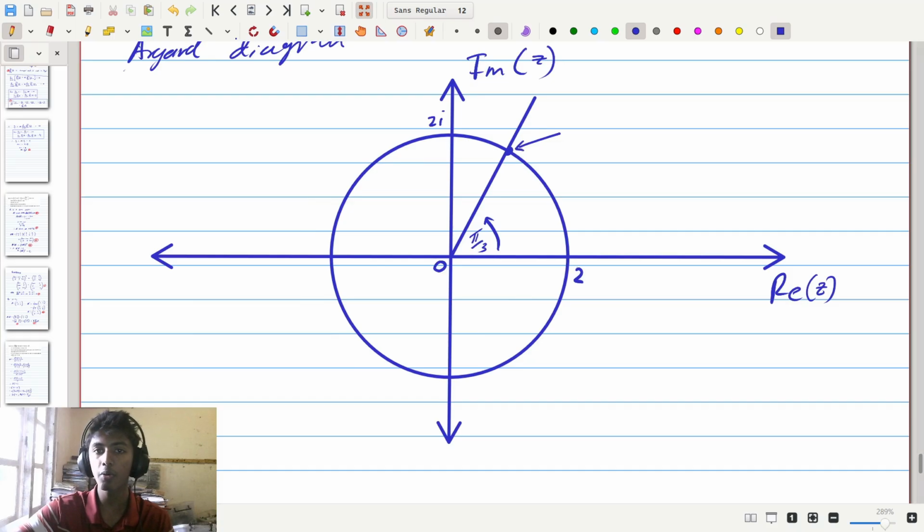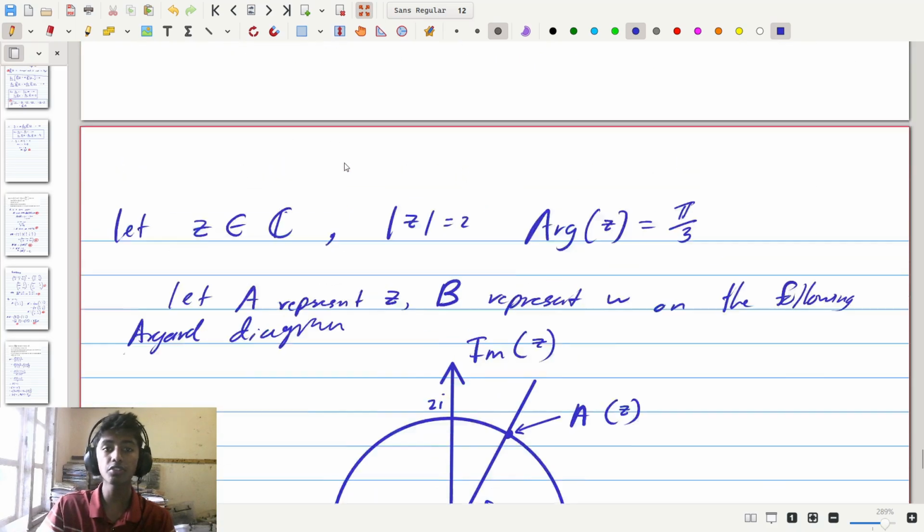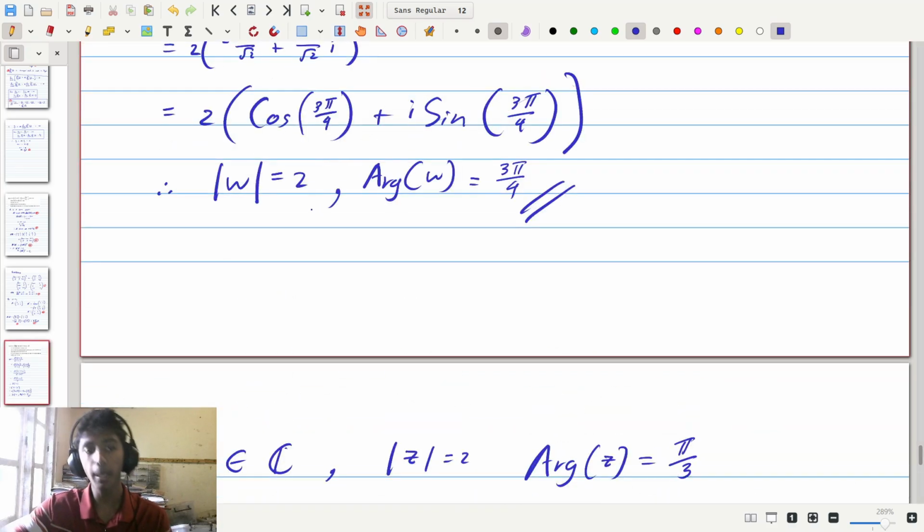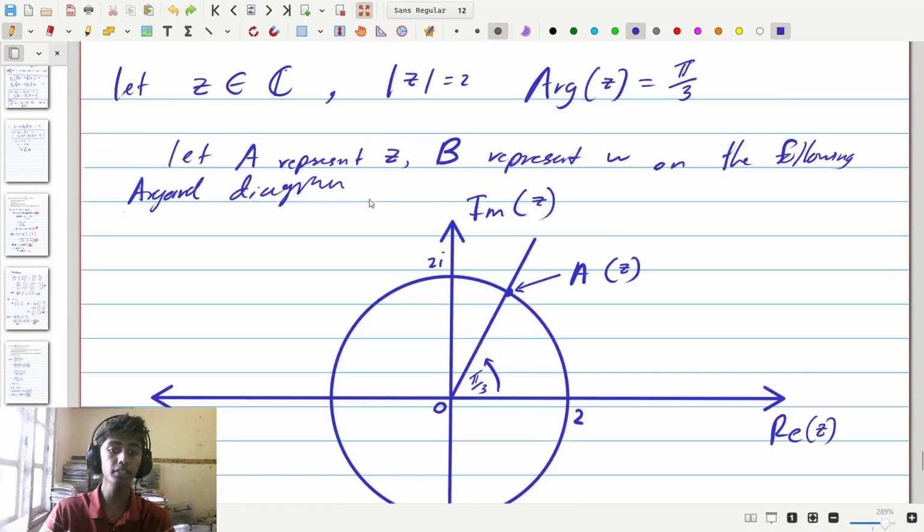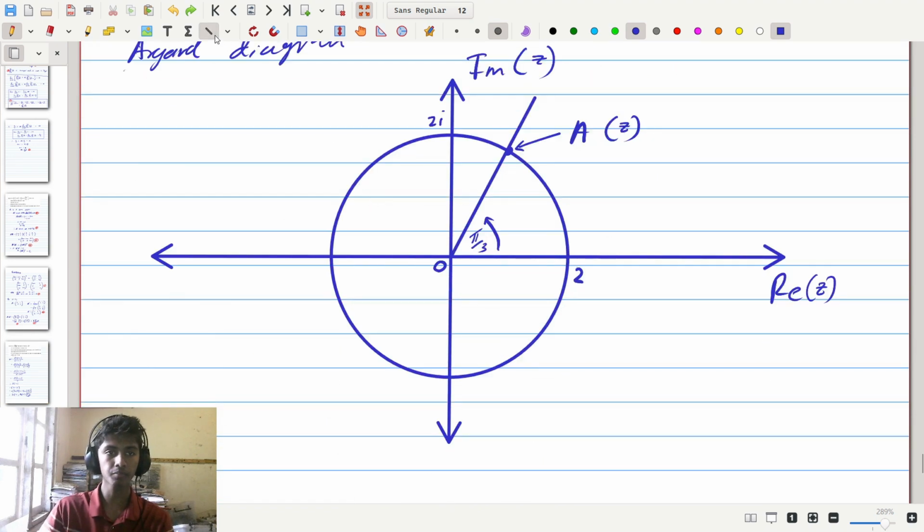So therefore this point here is the point A, which is representing the complex number z. Now using a similar logic, if we go up here, w's modulus is also equal to 2, meaning that w is on the circle. Furthermore, since the argument of w is equal to 3 pi by 4, the point w must be on a line that has an angle of 3 pi by 4 from the positive real axis